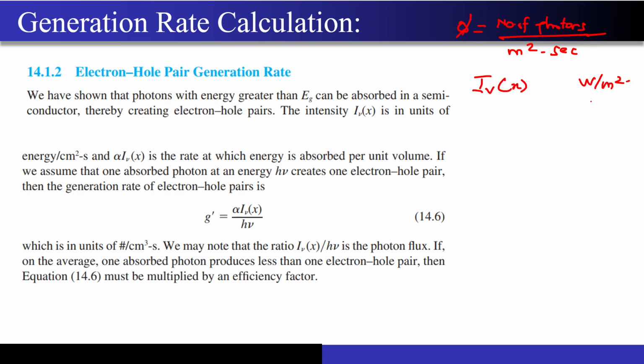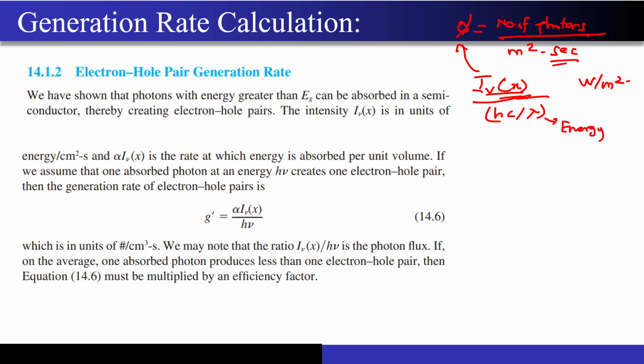what are its units? Watts per meter square, correct? Now if I divide this by the energy of each photon, hc by lambda, correct, then what will I get? Then I will get this photon flux over here. How am I saying that? Because the numerator is power, correct? There is a factor of time between the power and energy, that's why you got a unit of time over here, correct?